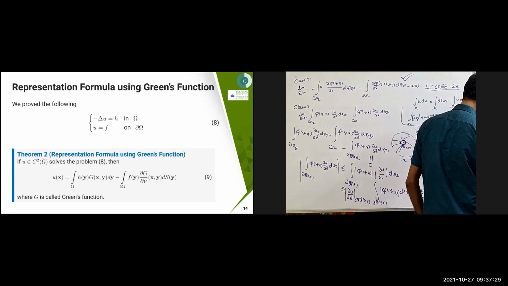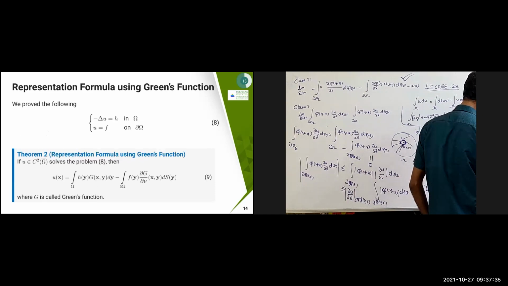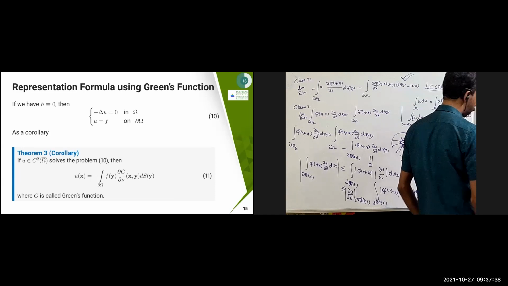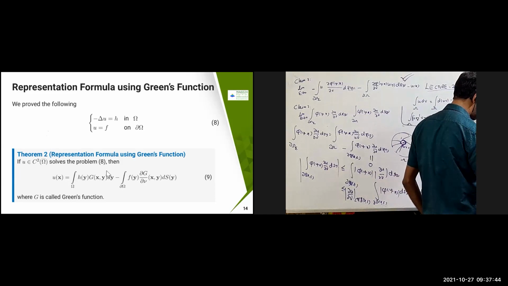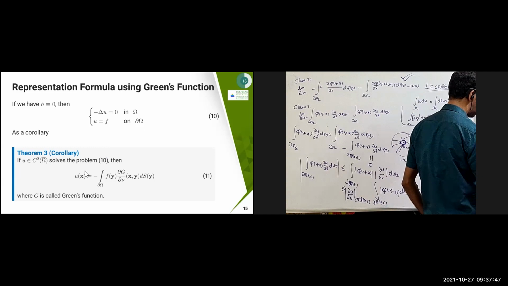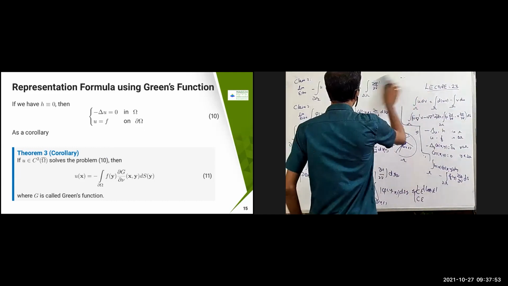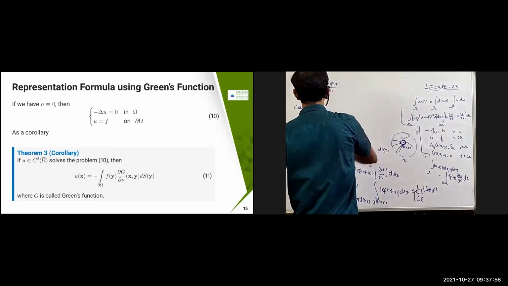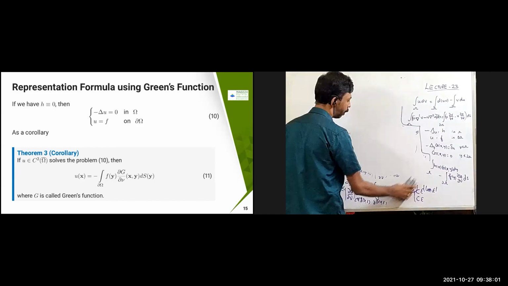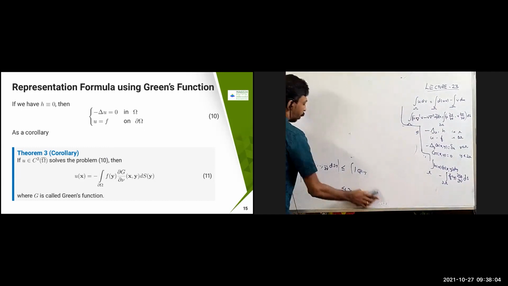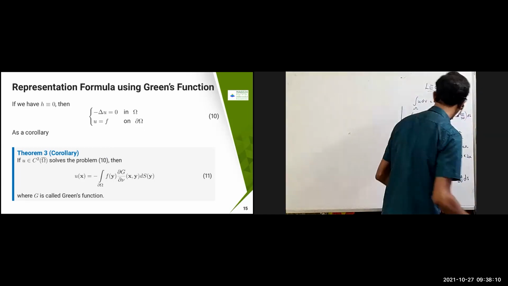Now suppose, instead of that, h equal to 0 here. Then in this formula you are going to put this as 0, and you are going to get simply the minus f term. I particularly took this case because if I prove it for the Poisson equation, then the Laplace equation is going to be the particular case. So I have proved it for minus del u equal to h, which is the Poisson equation. If I put h equal to 0, that becomes the Laplace equation, so this term is going to be removed.